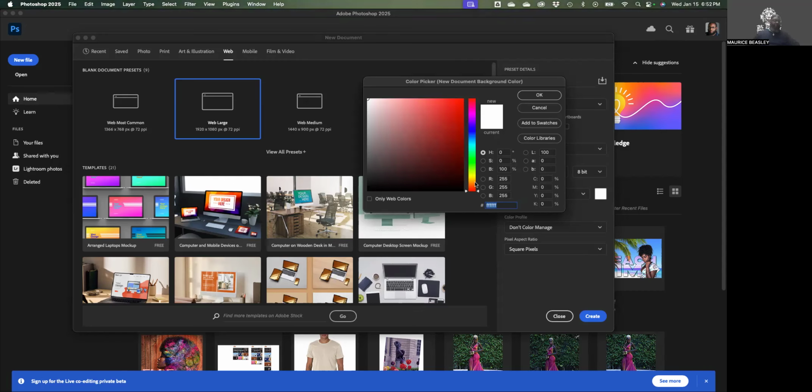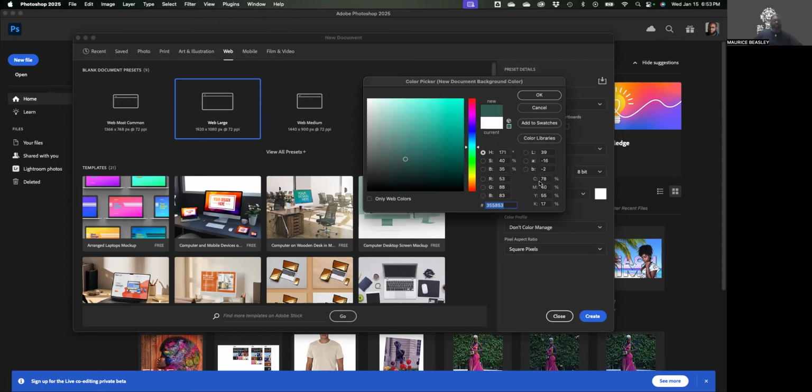Now, if you're just experimenting and trying to figure out what color you want to use, out of those 16 million colors that we talked about before in RGB, this little slider right here will go to each one of those different ranges of color. And then the big box is where you click to put this little circle to actually choose the color within that range that you want. When you pick that color,